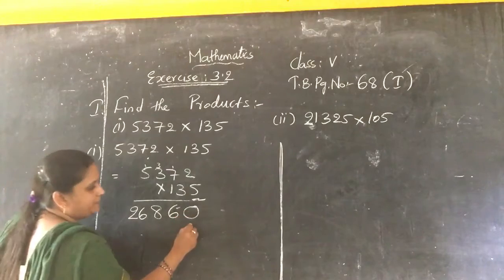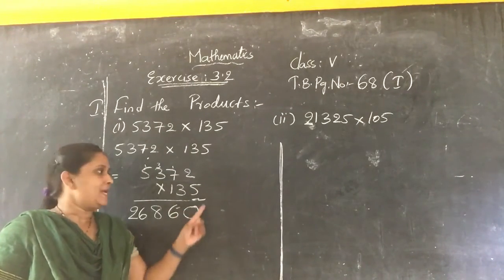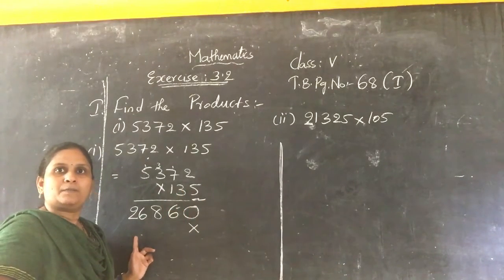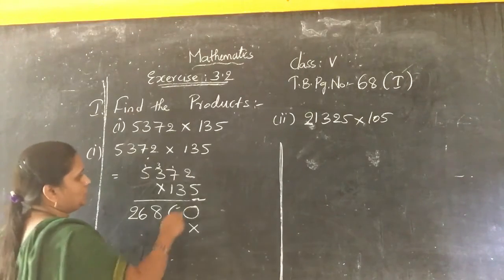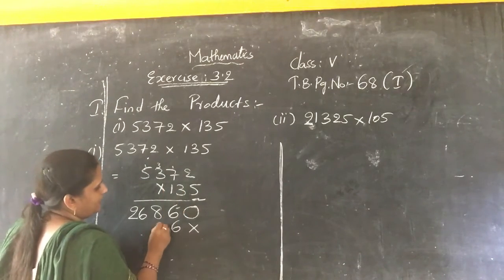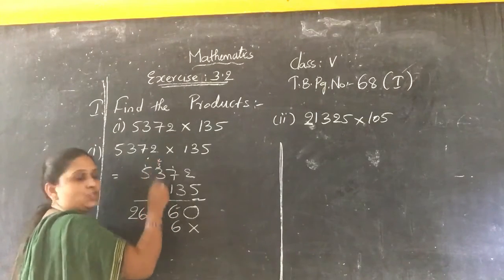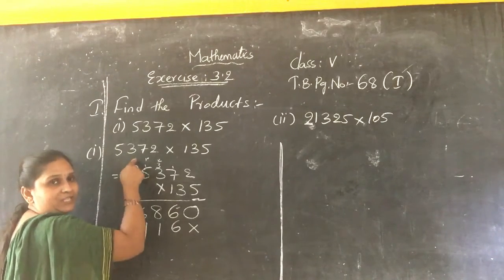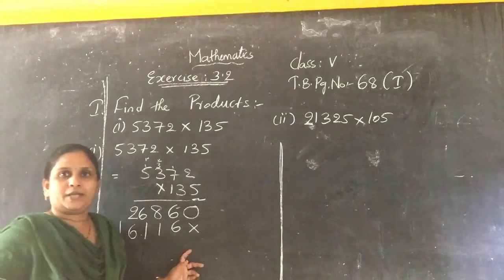So write in the ones place the multiplication sign. It means now you should not continue in the ones place. As we are doing from the tens place onward, your numbers also must come from the tens place only children. So 2 3s are 6. 3 7s are 21. 2 is a carry forward. 3 3s are 9. 9 plus 2 is 11. 1 and 3 5s are 15. 15 plus 1 is equal to 16.